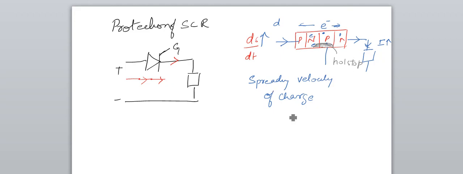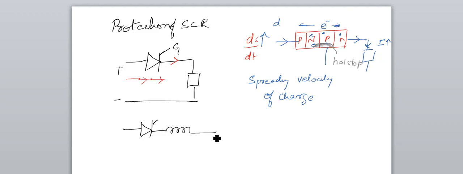So this is the problem, that if your load suddenly increases but the electron movement is not adequate. How can we deal with it? By connecting a small inductor, suppose. Why are we preferring an inductor? Because an inductor opposes the rate of change of current.